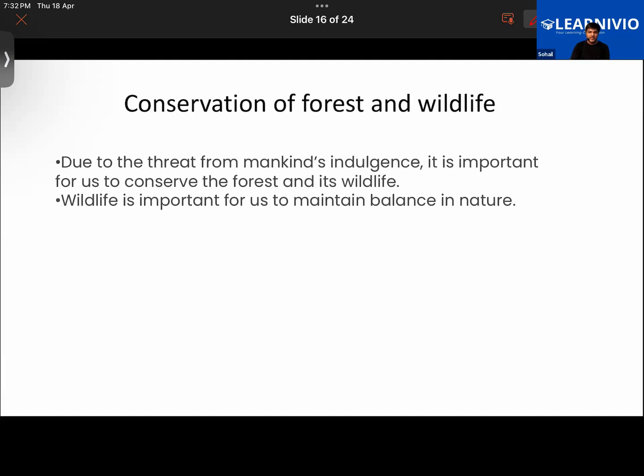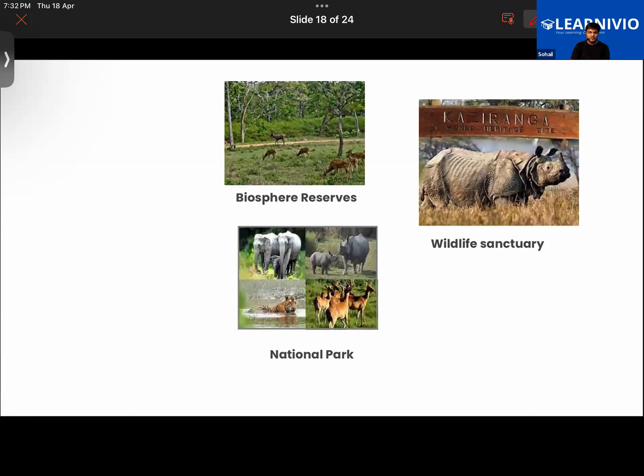The next class will be talking about what these biosphere reserves are, what wildlife sanctuaries are, and what national parks are. How are they important? What are the differences between them? What are some of the important biosphere reserves, wildlife sanctuaries, and national parks in India? So with this,